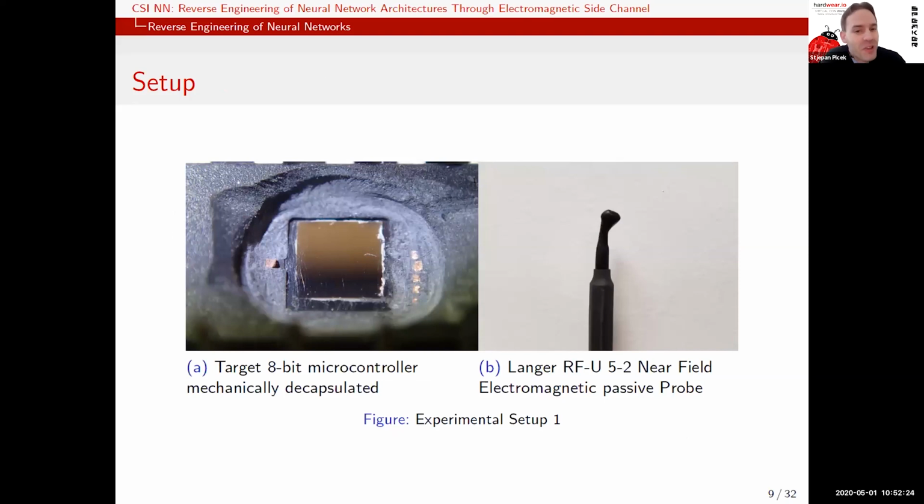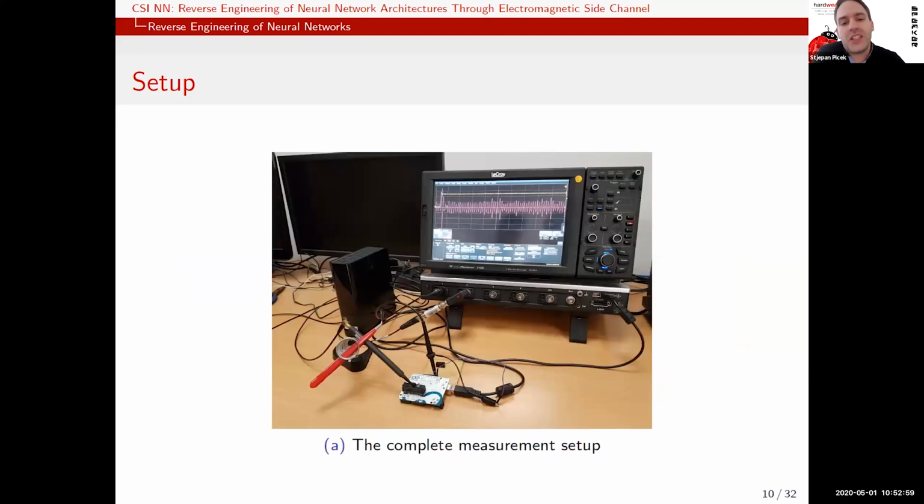So, something connected with the previous talk, our setup is microcontrollers or ARM chips. We do use acid to decapsulate the chips. And here on the left side, you can see how the chip looks when it's decapsulated. I must tell you, the decapsulation is not really necessary. It would work without it, but when you do decapsulation, you get a much cleaner signal. And on the right-hand side, you see the Langer EM probe, which we use to do the measurements. And this is the whole setup. So you can see there is a fancy oscilloscope, there is the probe, there is the chip,